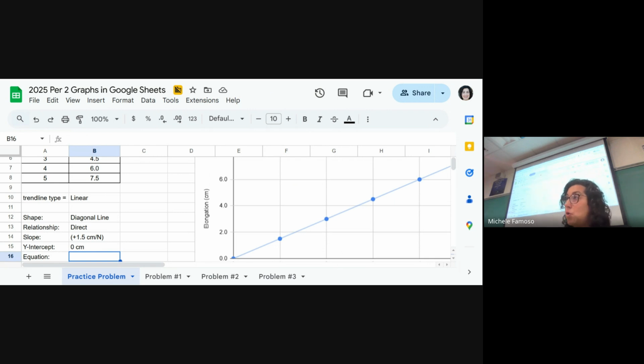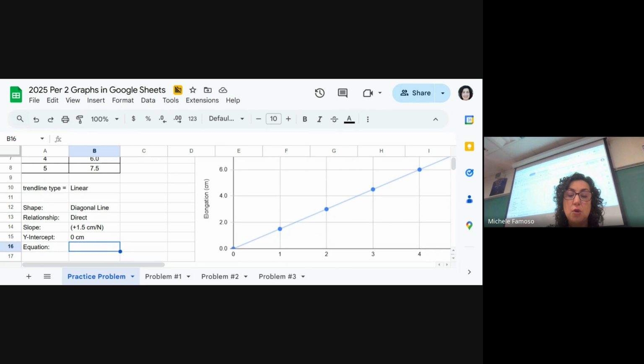Now we're going to write the equation. It gave us the partial equation. We have to modify it so it looks like what we need. So remember how we start the equation. We start with the variable that's on the y-axis. What word is on the y-axis? All right, so let's start typing elongation equals, then we're going to put in our slope value with the parentheses, positive 1.5 cm divided by capital N